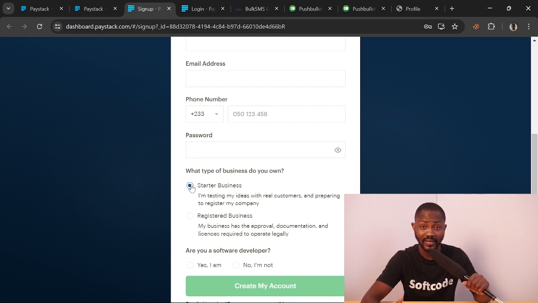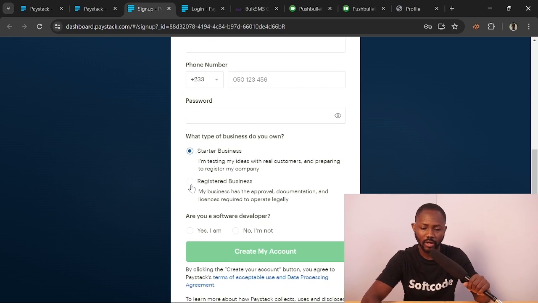I think now they accept Ghana card, so if you have a Ghana card, that's good. You can submit your Ghana card, and then you can also submit, I think, a proof of address, whether it is a water bill or light bill, recent within the past 2 or 3 months. And once you submit those documents, later in the system, you'll be able to go ahead and be verified for your business to be approved,